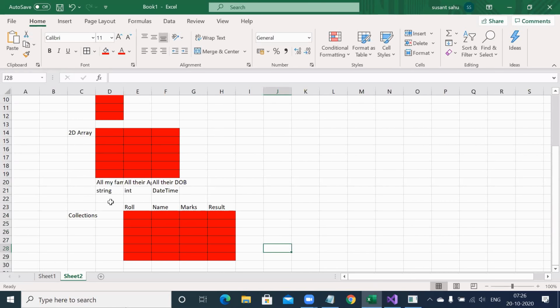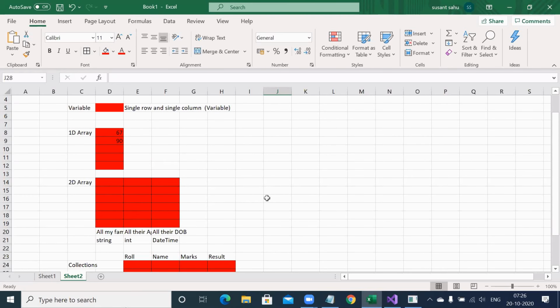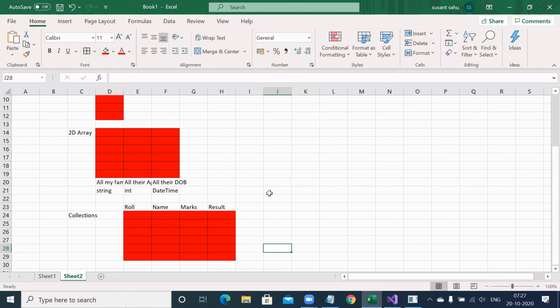So slowly we are progressing towards a relational database management system. So: variable, single dimensional array, two-dimensional array, collections, generic collections, and relational database management system. In short form, we say RDBMS. So these are all various stages of how our industry or technology has progressed. That's why today we are enjoying something called SQL Server, something called Oracle. But in a single day, they didn't reach Oracle or MS SQL Server database management system. Slowly, they progressed like this.